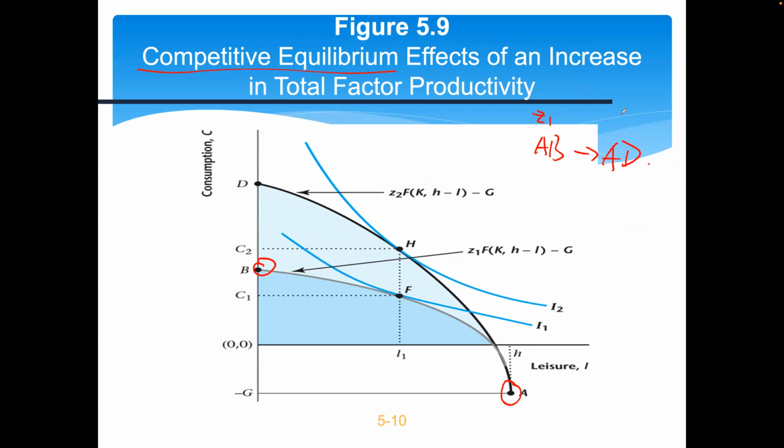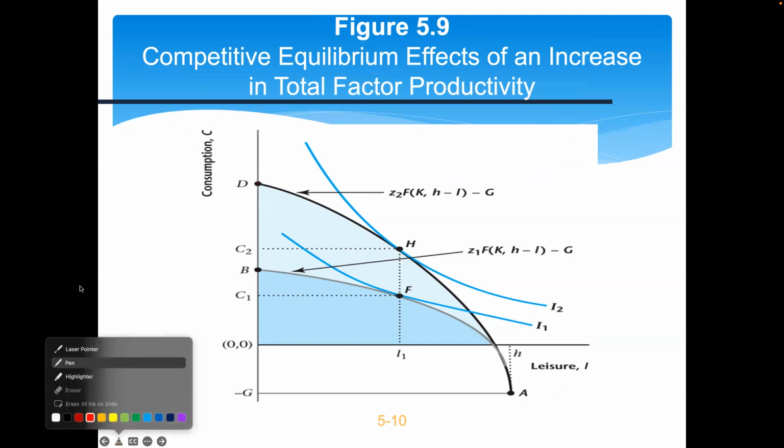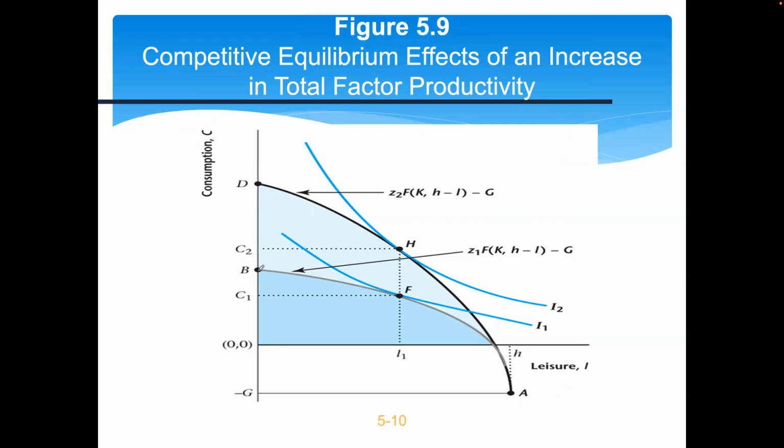So this is with Z1, this is with Z2. Now you can see we can produce more and more efficiently, right? If you look here, leisure equals 0, so this is the maximum amount of work. You can produce way more, almost double, right? If you compare D versus B, it produces more. And the second curve is getting steeper, right? So now when the TFP increases, you move from this curve to this curve,